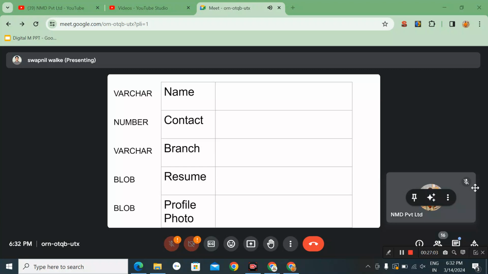If you are storing the contact, then you use number or integer, depending on which database system you are using. Then branch, same, you can use varchar. Resume, you can use BLOB, and profile photo also you can use BLOB. Somebody can use CLOB for the resume as well, because